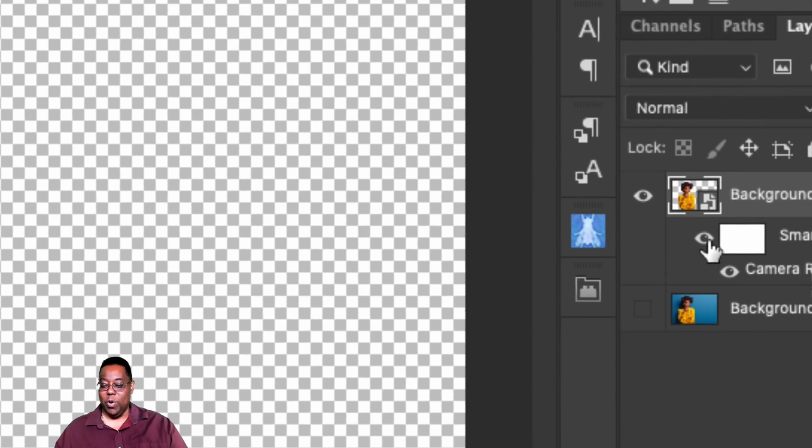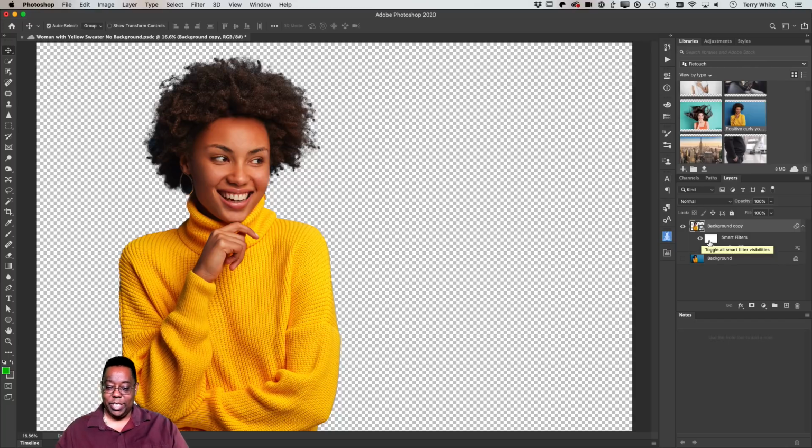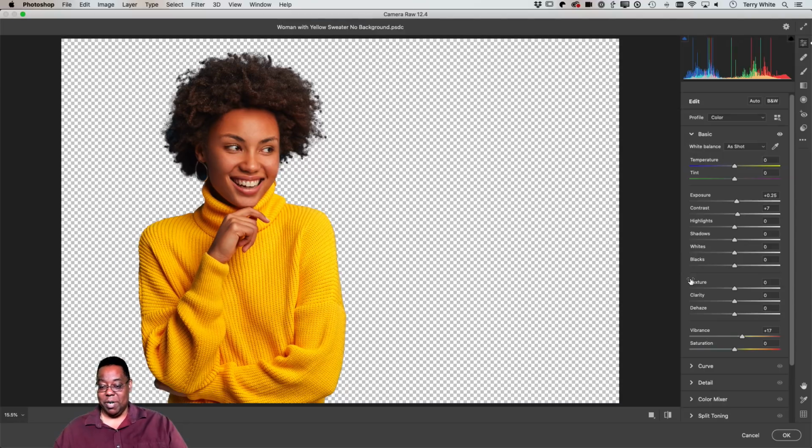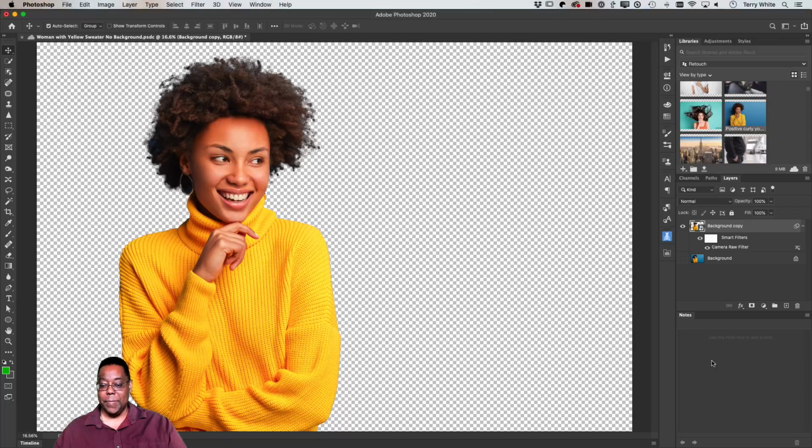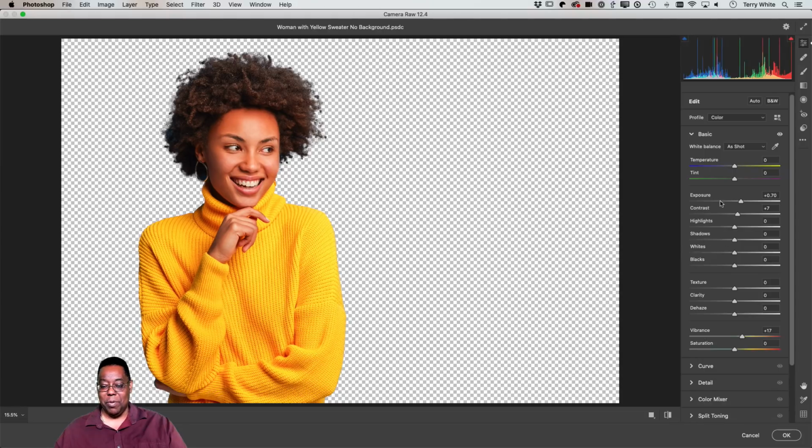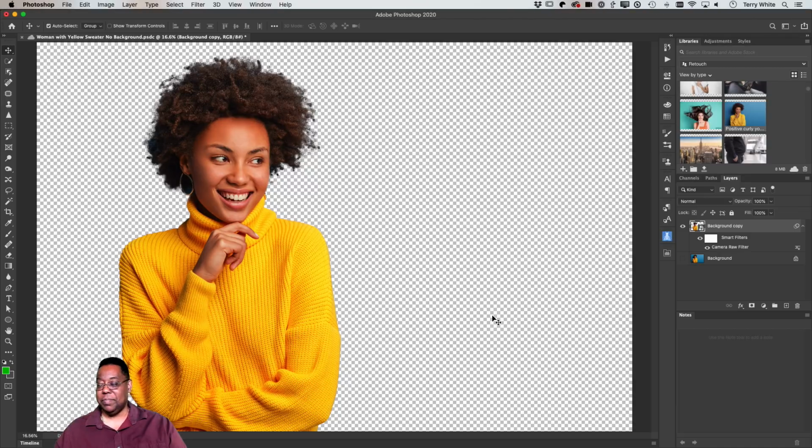So I can always go in and turn it off, and I can always go back in and turn it on. I don't want to see it anymore, turn it off. I want to see it again, turn it on. I want to get back and edit it some more, double click on the smart filter, and I can say, well, I want to make it brighter now. Make it even brighter. Click OK. Again, it renders that, and that is non-destructive to those original pixels. So now when I save this, it will always have the ability to go back and re-edit that or simply turn it off. Now we see how much darker that photo was originally, and turn it back on. Well, it's too bright, no problem. Go back into it and bring down the exposure. Click OK. Done.